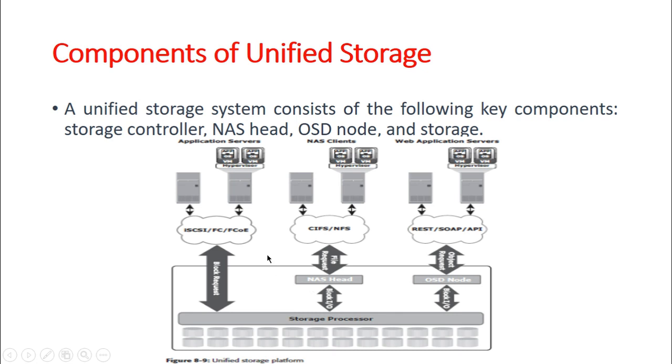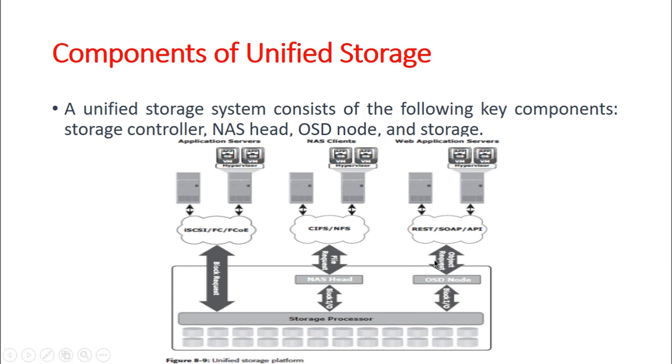Next we have the file IO request. The NAS clients, that is where the NAS share is mounted or mapped, send a file request to the NAS head using the NFS or the CIFS protocol. The NAS head receives the request, converts it into a block request and forwards it to the storage controller. Upon receiving the block data from the storage controller, the NAS head again converts the block data back to the file request and sends it to the client. So that is your file IO request.